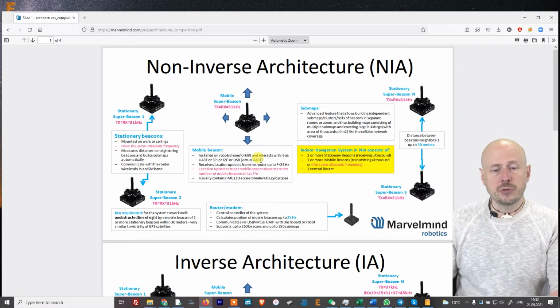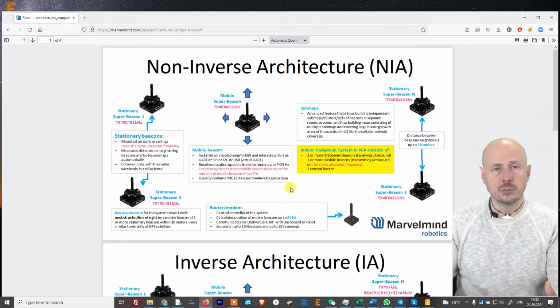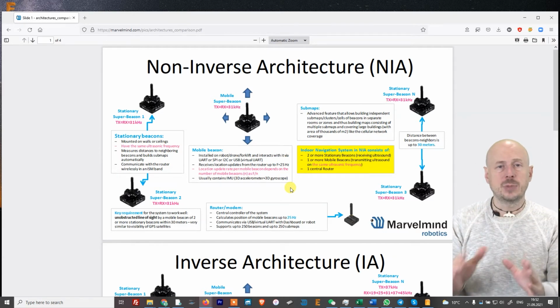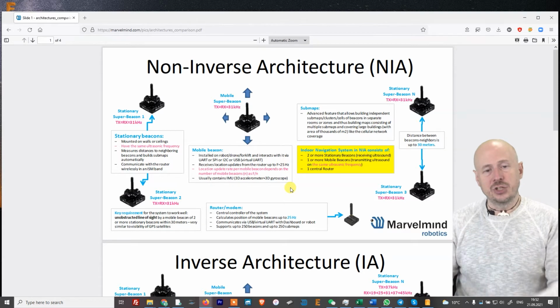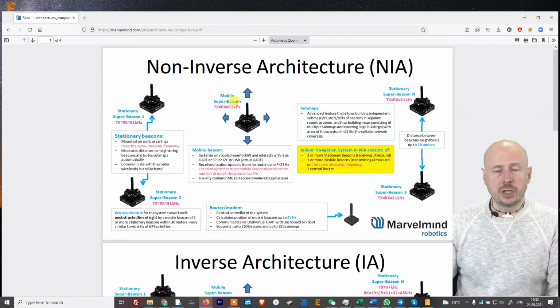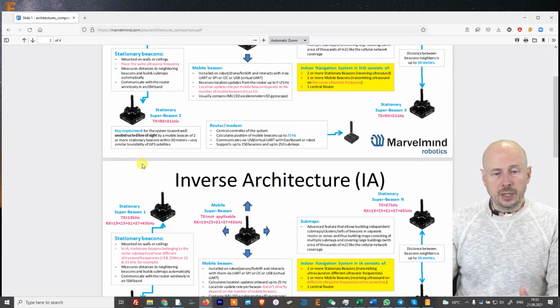From this perspective, non-inverse architecture, inverse architecture, and multi-frequency non-inverse architecture are principally the same. So the modem is synchronizing, getting data. It could be a slightly different format, but it doesn't matter. What it does is synchronize. What does matter and what does differ is marked here in pink. In non-inverse architecture, all frequencies that beacons are using are the same. By default, we are using 31 kilohertz, but it could be other. But the point is, they are the same. And you can compare with